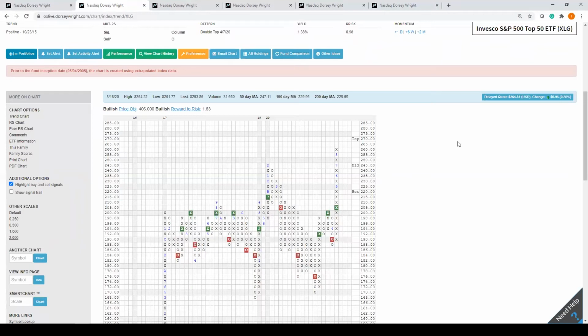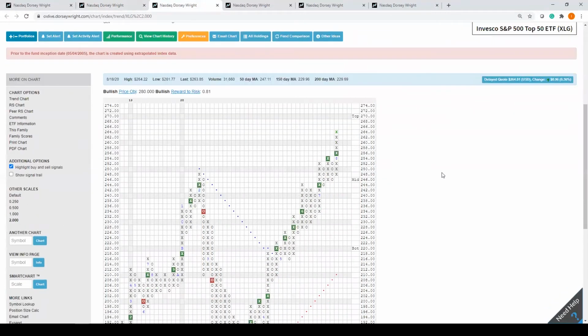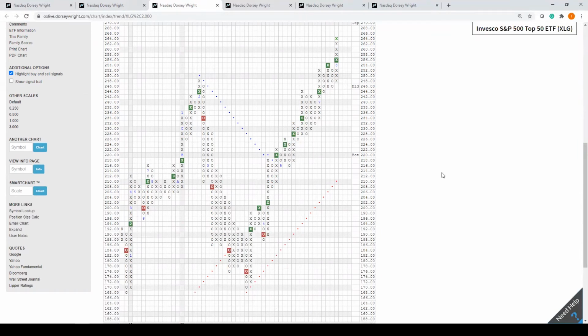So what we can do is click on that 2 on the left-hand side under other scales. This drops the box size from 5, which is the default chart there, down to 2. And when we make the chart movement more sensitive, as you can see, it speeds up that action. So this chart has given, I believe, 8 consecutive buy signals. It also completed a bullish triangle, it looks like, before giving 2 consecutive double tops